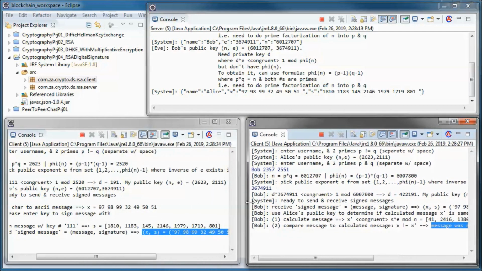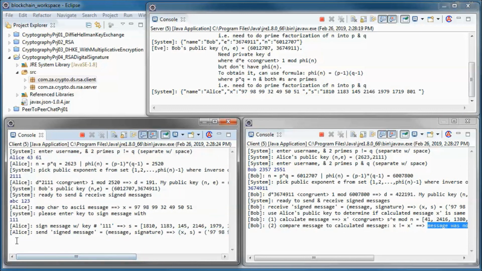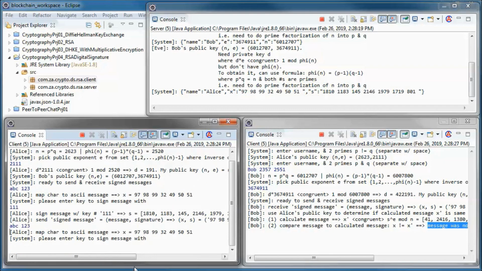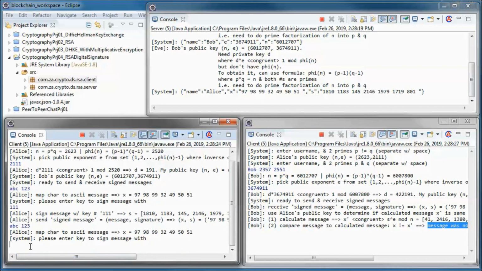So let's try now to send the same message, but sign it with Alice's private key. So 191.